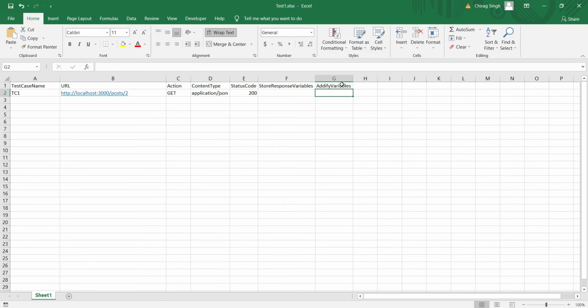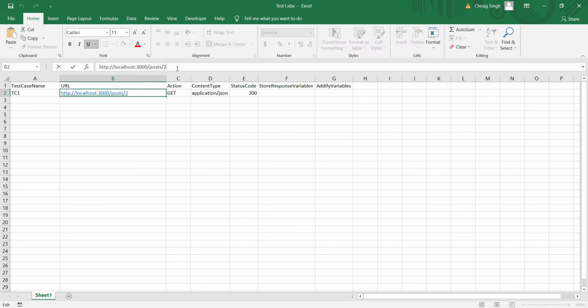I already copied that column name, and here I create a new one. I'm just executing a get request on this URL. So here I create a new variable.